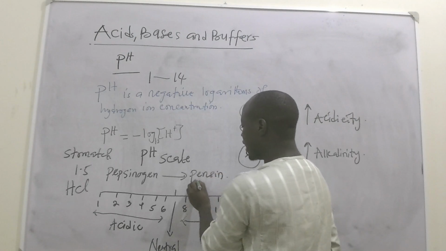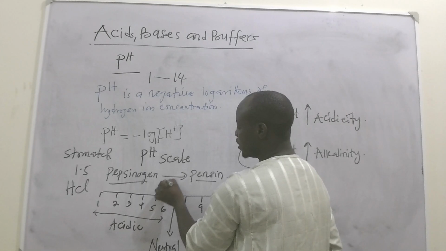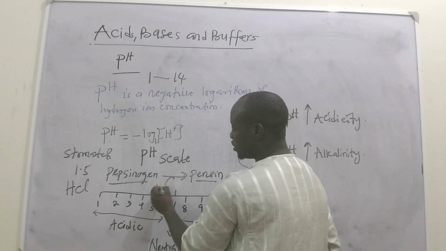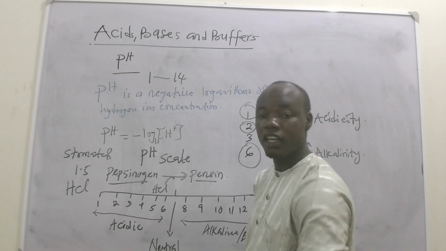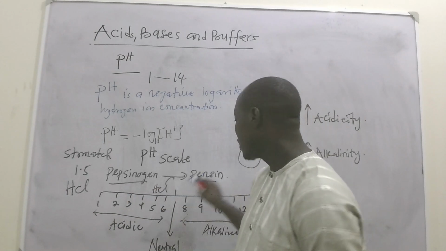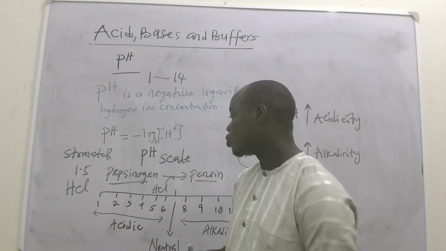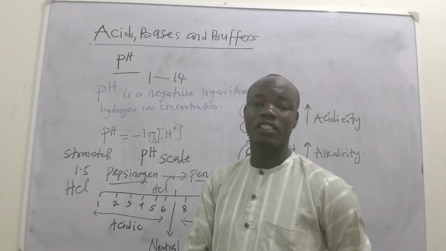So pepsin is the active form of the enzyme, and pepsinogen is inactive. The HCl is what actually activates the enzyme, pepsinogen, to pepsin. So once you have this enzyme as pepsin, as an active enzyme, we need to understand that